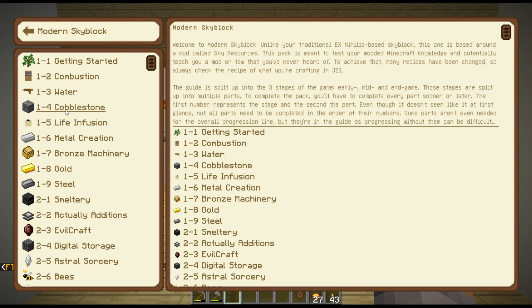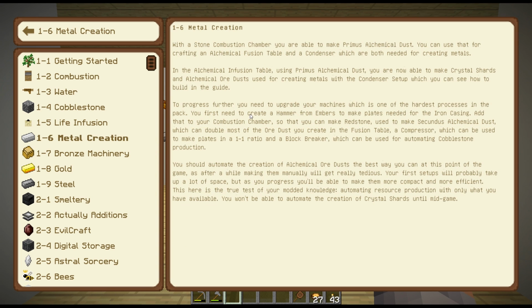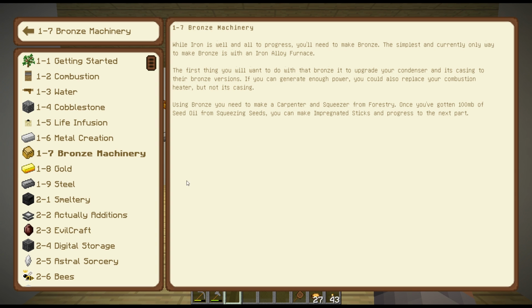The Modern Skyblock guide that's part of the FTB utilities, right? Because this one really explains to you step by step, hey, okay? Metal creation, how do you do that? And today we're getting to bronze, right? This is kind of where we start. And it tells us the simplest and currently only way to make bronze is in the iron alloy furnace. And then it tells you after that,